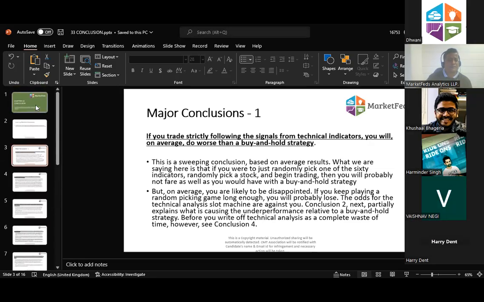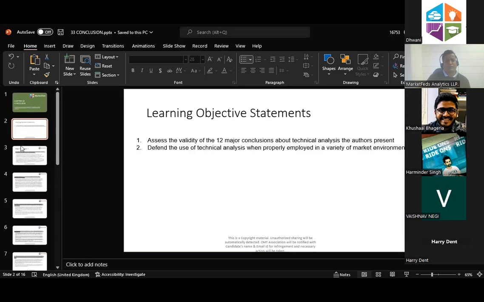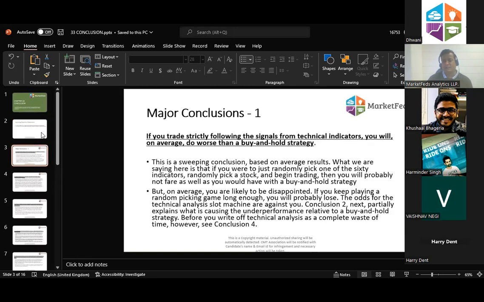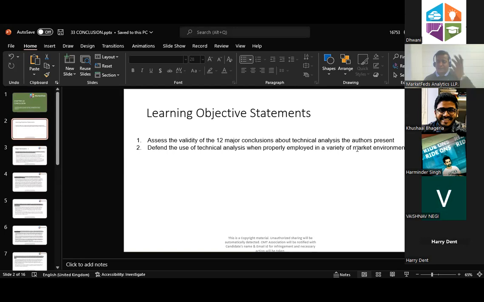So for example, this is a chapter which is the conclusion, right? And usually the kind of content there is in Level 3, everyone would go to great detail to understand each chapter. In the end, what is the major finding of this chapter? So these are the LOS, the 12 major conclusions about technical analysis, and defending technical analysis by using the same. Now, if you have read this chapter, what is one thing that is very important when it comes